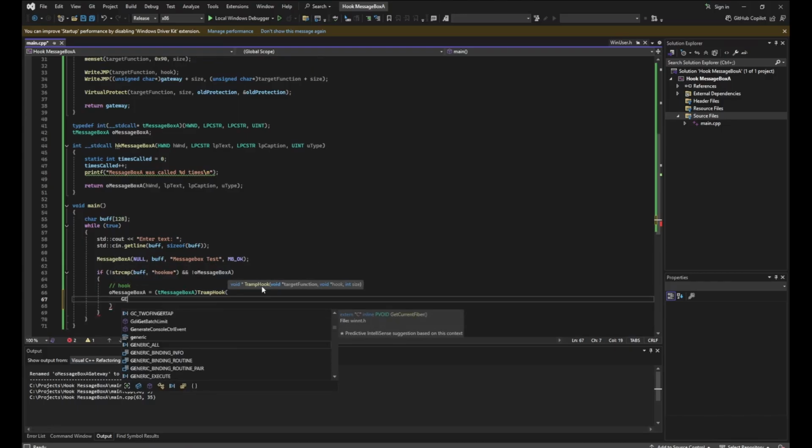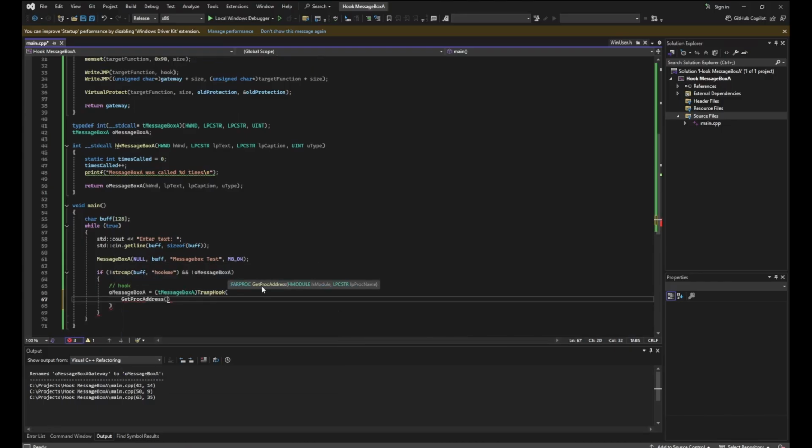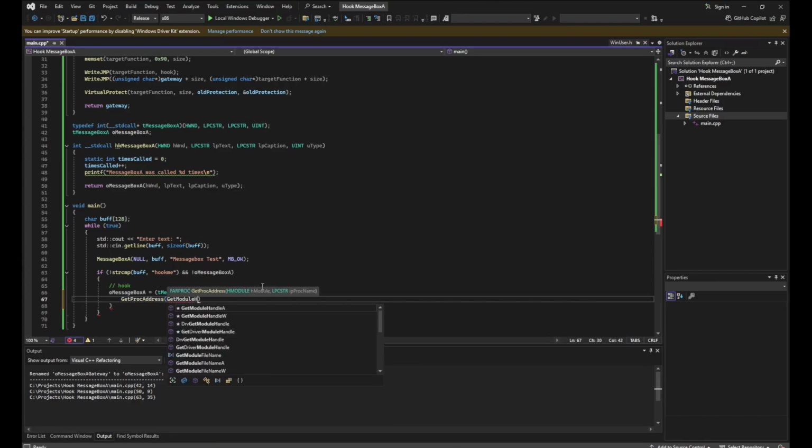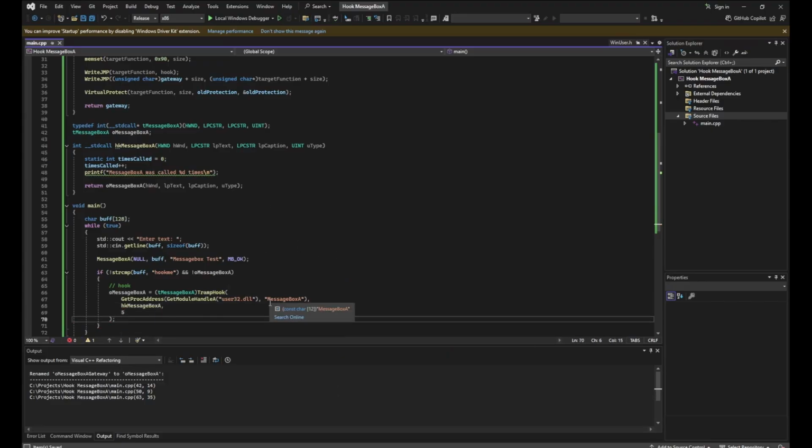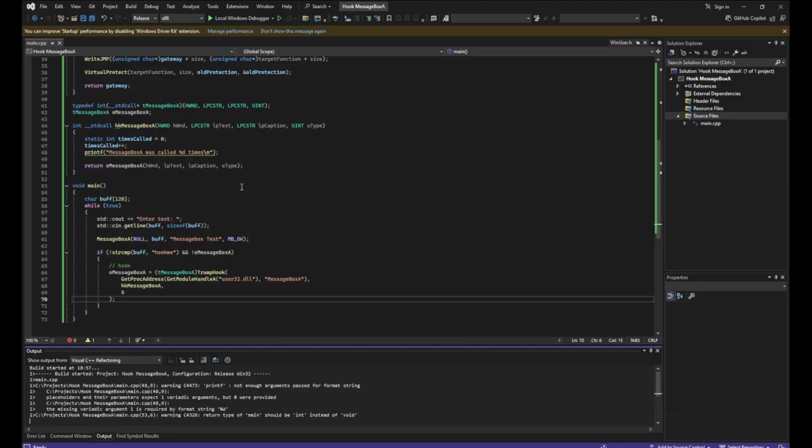So we're just going to do get proc address, get module handle, get which DLL this function belongs to, and let's go to MessageBoxA. The hook is going to be HK MessageBoxA, and the size is going to be 5. And if we do this,